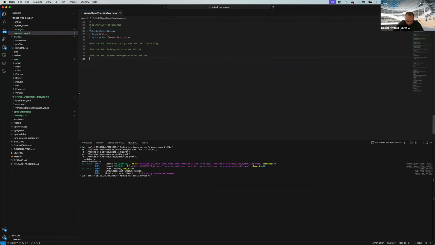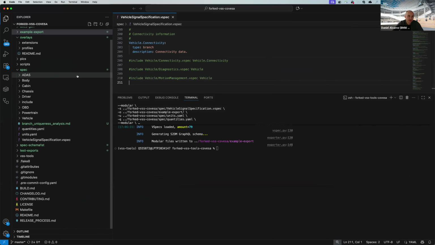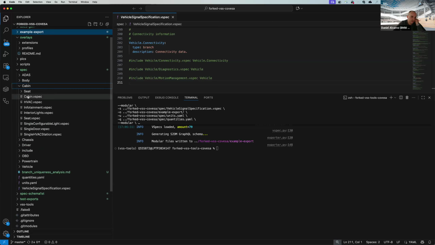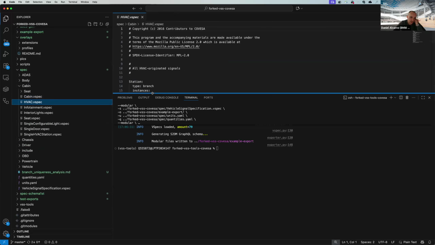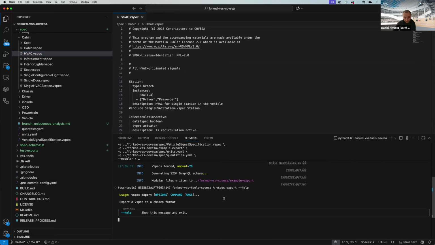So what you see now is the VSS project, the COVESA VSS project, the public specification, so to say, where you have all the VSpec files given, right? And then what I did here is I ran the tools from VSS tools. If you ask the VSpec export for help, you should be able to see,